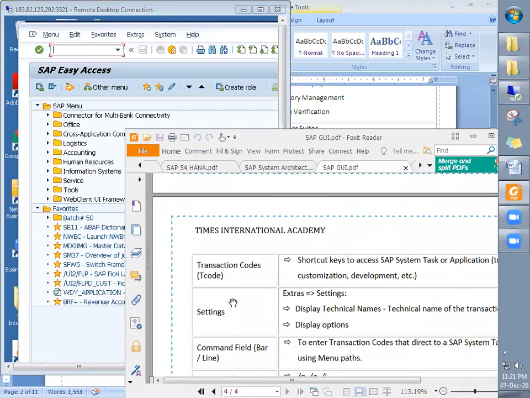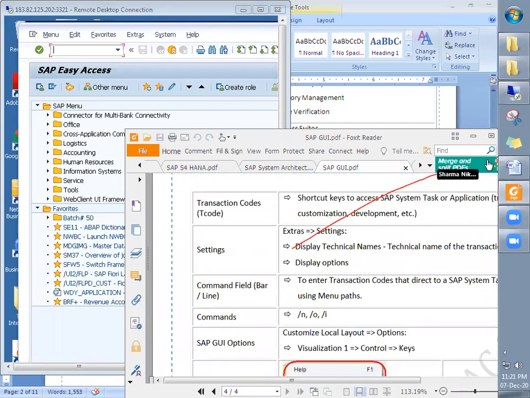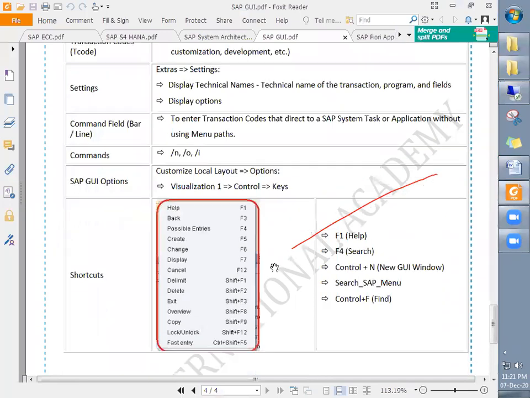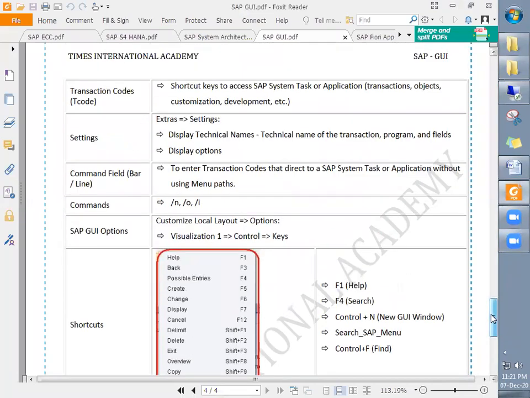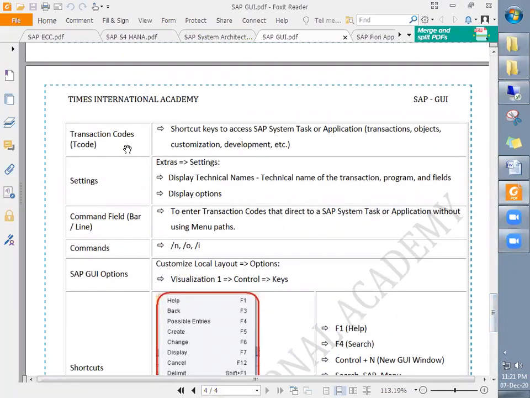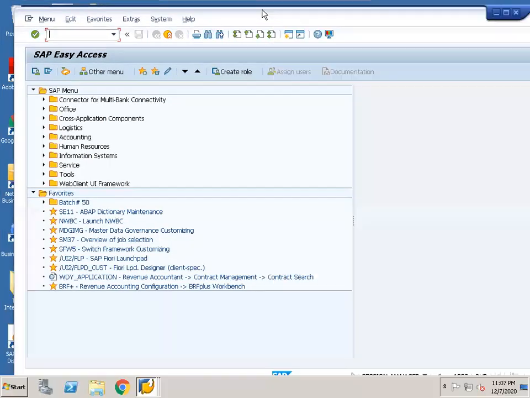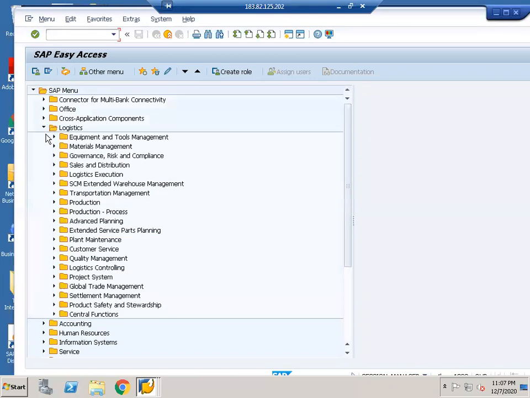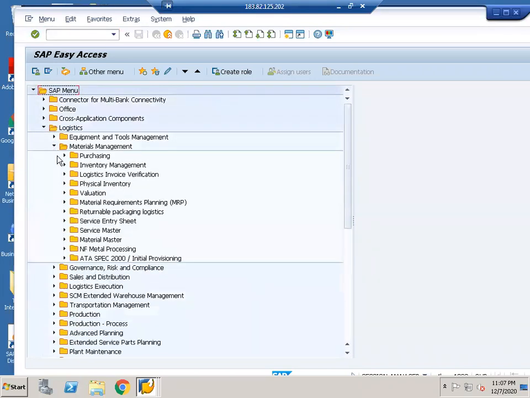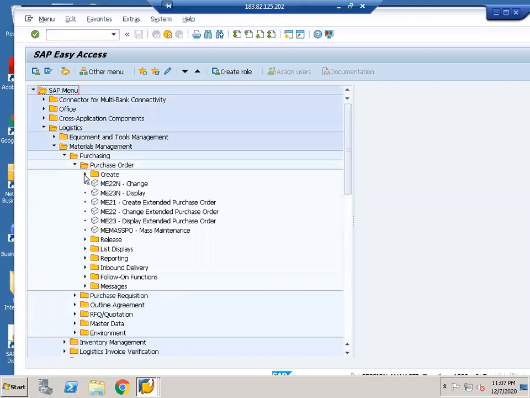Now let's go to the transaction codes and command keys, some information. Right. So now let's discuss the transaction codes. The short form is T code. Transaction code is known as the T code. What is this transaction code? As I said, for every transaction or activity which we carry out in SAP, there is a transaction code assigned to that activity.